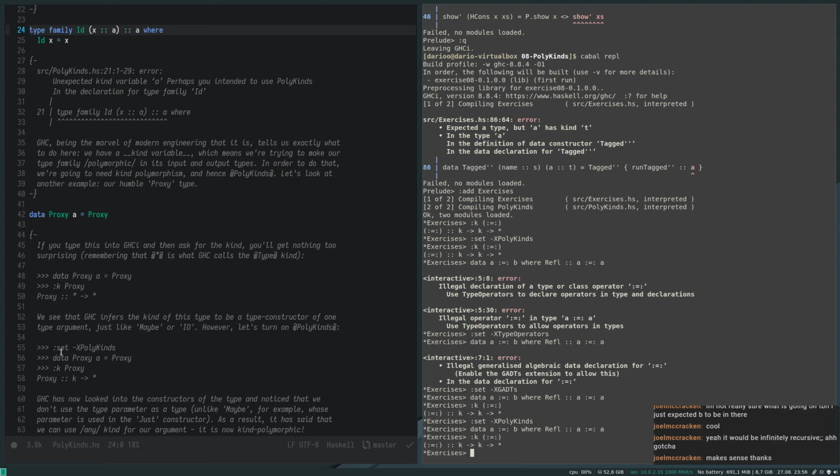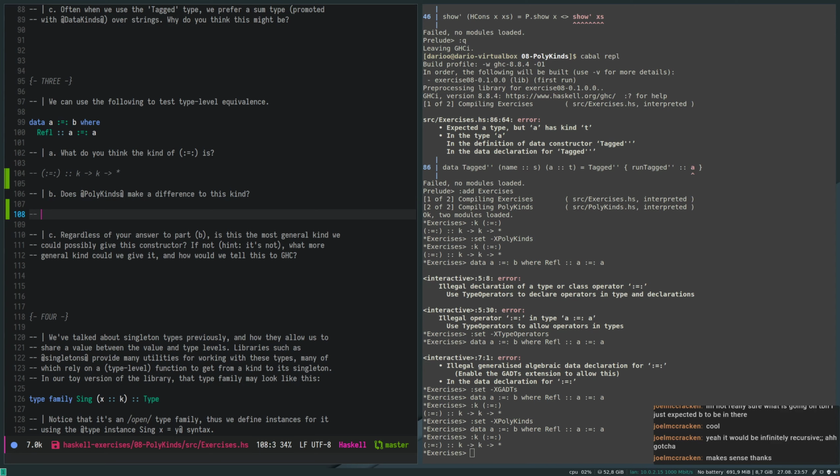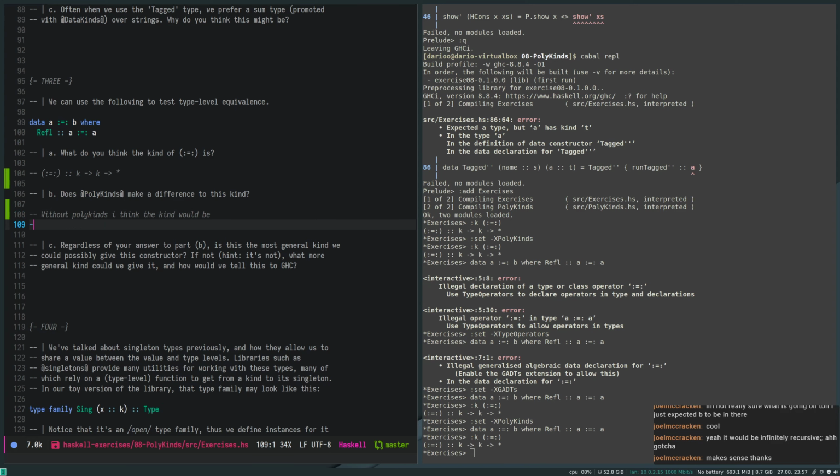Oh yeah, okay. With polykinds, we get this case here because these ones are actually polymorphic. Without it, we will only get types, so we get three stars here, I think. I think the kind will be